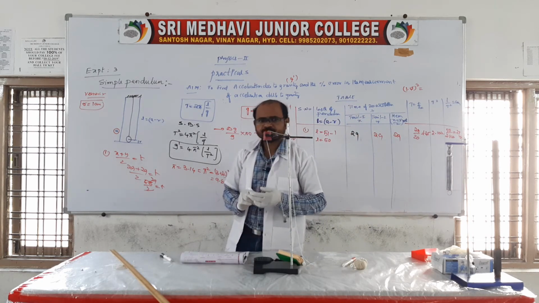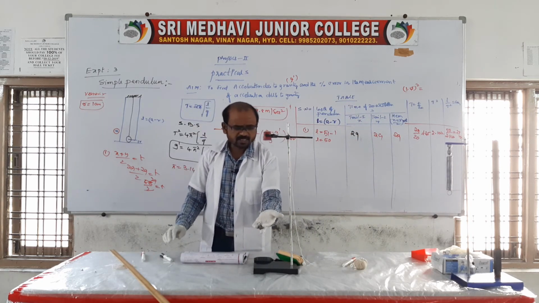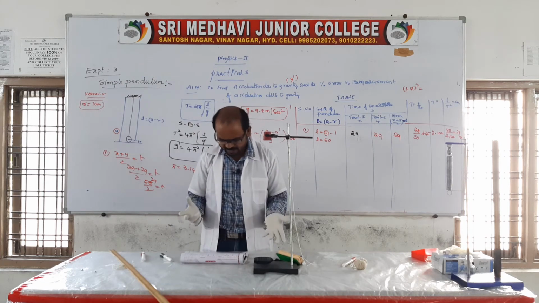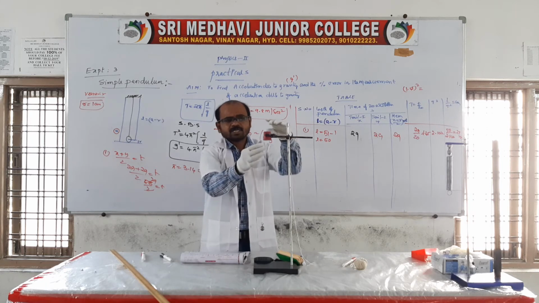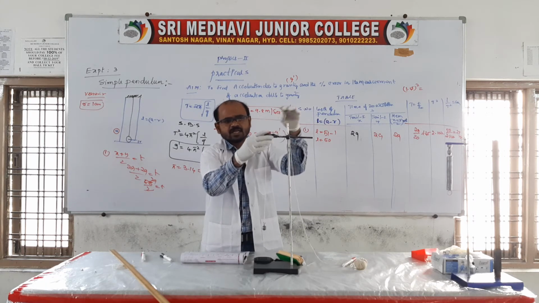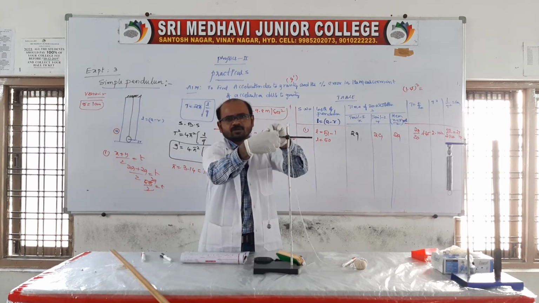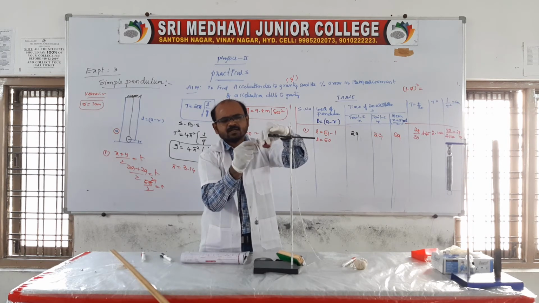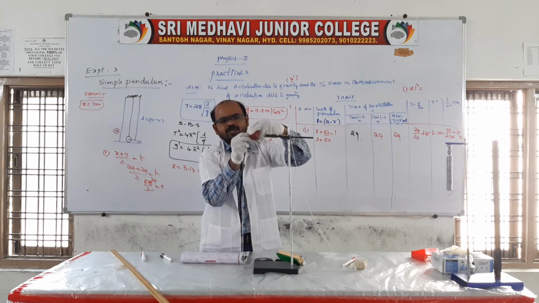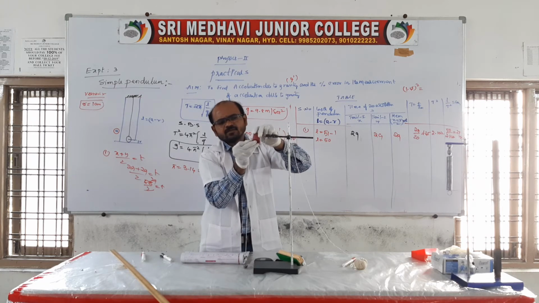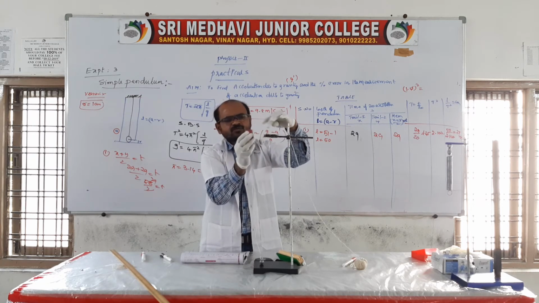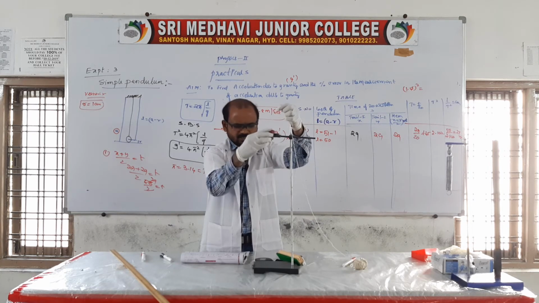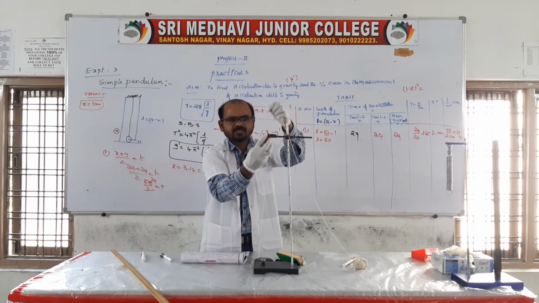This is for one length. For one length, the length we are taking is 50. Now you go for the second length. Suppose I increase it by 10 centimeters. You remove this and increase the length. Let us increase the length by 10 centimeters. Here we should note it as 61, we can take it as 61 like that.